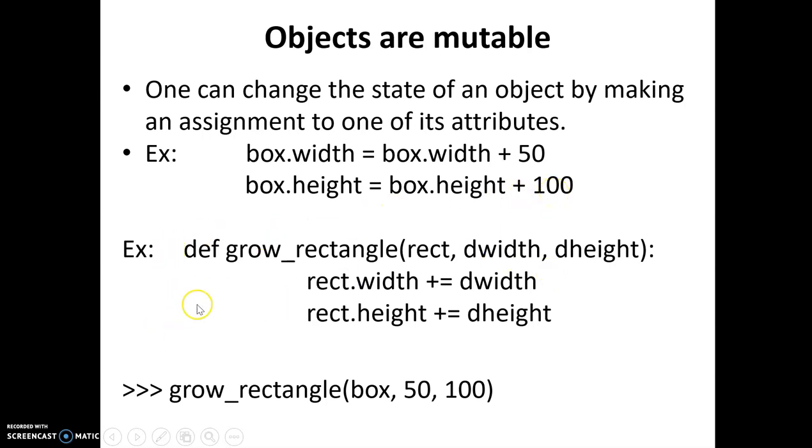For this, you can define a function known as definition grow rectangle, where it is going to accept the rectangle object as a parameter and two numeric values in order to add some values to the height and the width of the rectangle here. You can see rect dot width is equal to this value has been added here. For height, this value has been added. So this will change the size of the rectangle here. You can call it by passing the box as a parameter and changing the values.